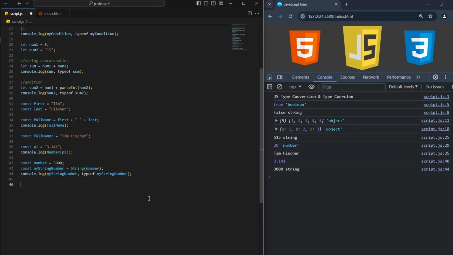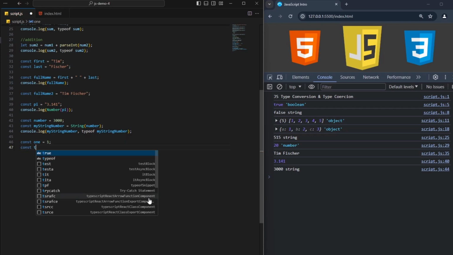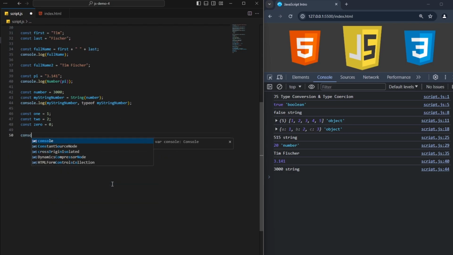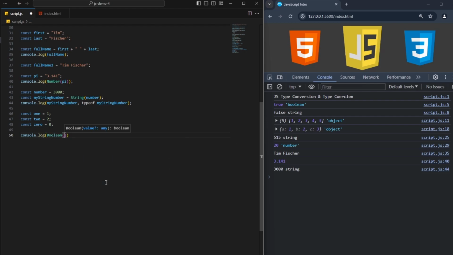Now let's say down here I have 3 more numbers in here. So I can say const one is equal to 1, and then const two is equal to 2, and then let's do const three is equal, or actually let's do 0. Const zero is equal to 0. And now if I come down here and say console.log, we can actually convert numbers to booleans as well. So if I just come in here and type Boolean, and then in here I put 1,